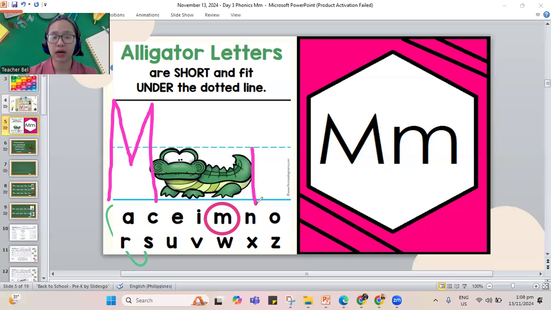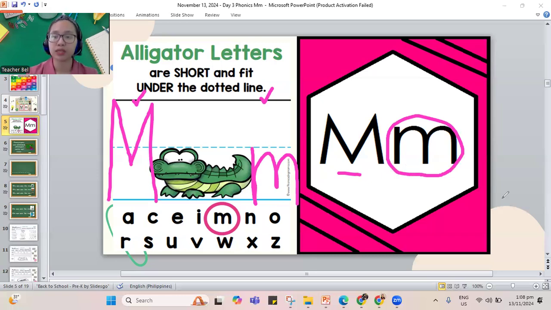So line down, make two mountains. One, two. That is our lowercase m. So remember, capital M and lowercase m might look different, but they have the same sound. Always remember, lowercase m goes under the dotted line.